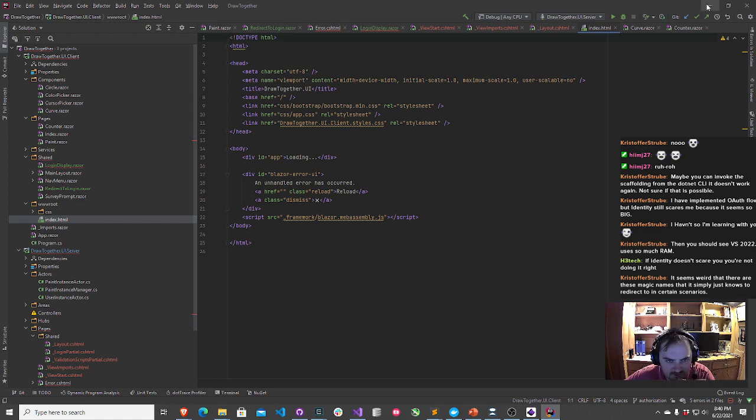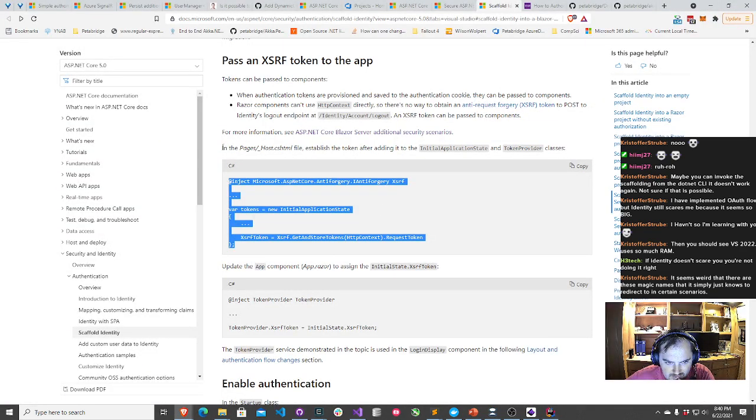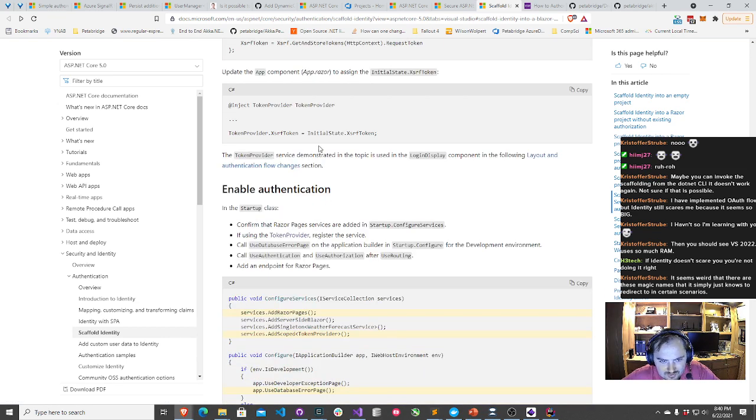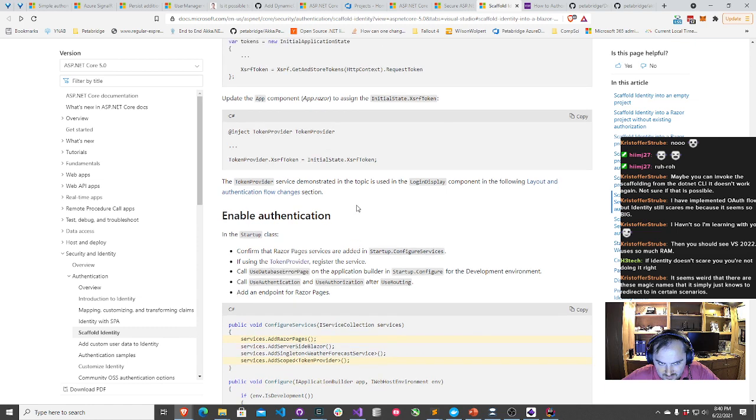This is my host page, in the pages host file. But I don't think I have one of these. So why would it ask me to insert things into a page that doesn't exist?